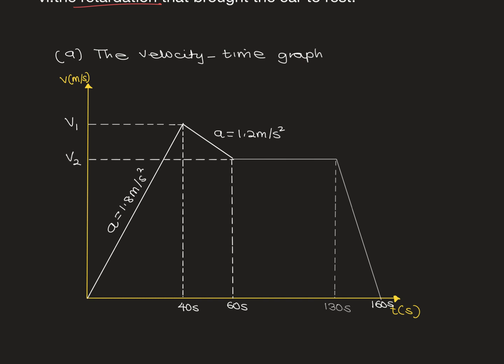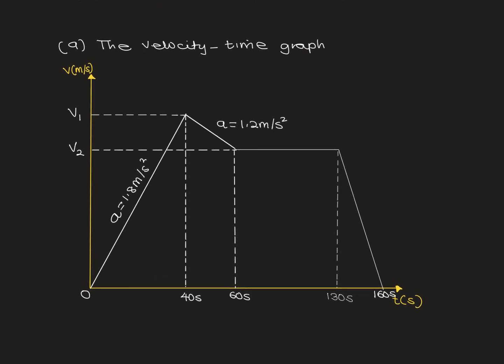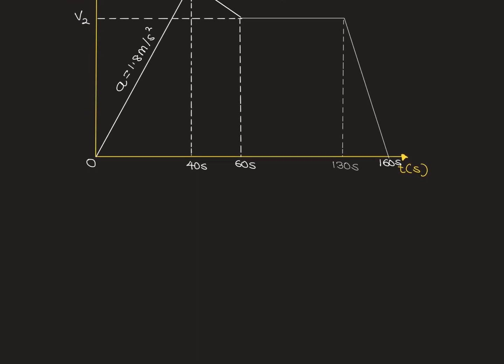Before going to the question, we need to know v1 and v2 so that we can complete the velocity time graph, and after which we can calculate the distance or the average speeds and so on. So this is the origin 0 for where both time and velocity is 0. Now to find v1, if I use